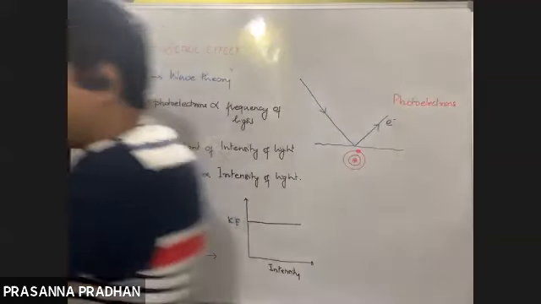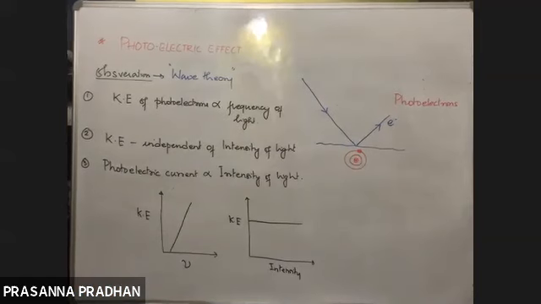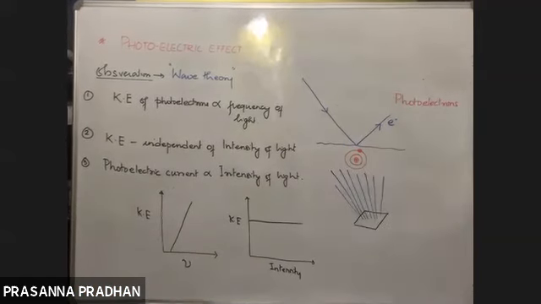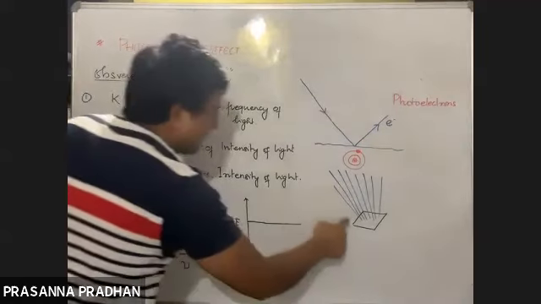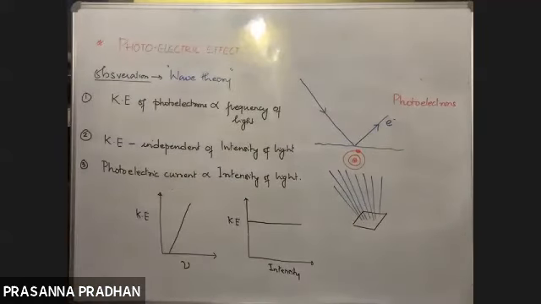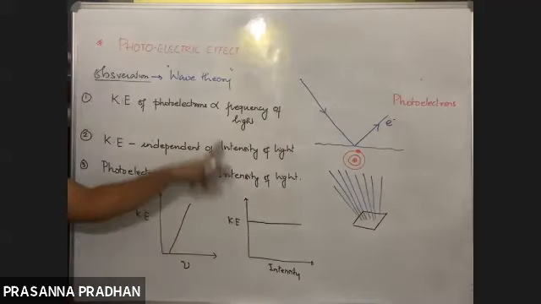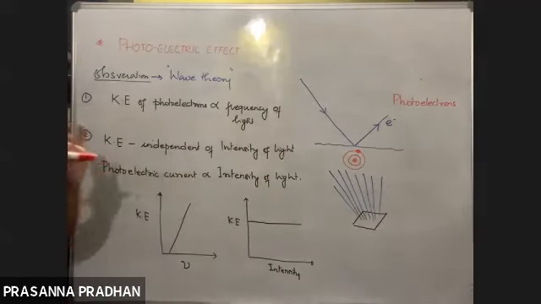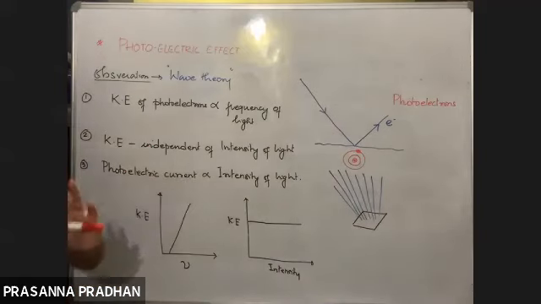Okay, tell me whatever you know. Anything you know about intensity? What do you know about unit area? The number of waves passing through a unit area is known as the intensity of light. And we know whatever may be the intensity of light, the kinetic energy is quite independent of it, whereas the photoelectric current is directly proportional to the intensity.